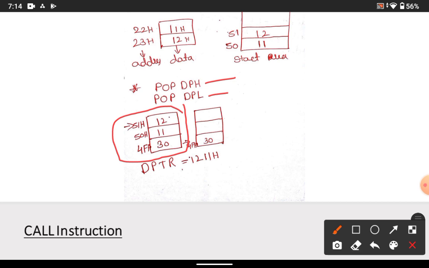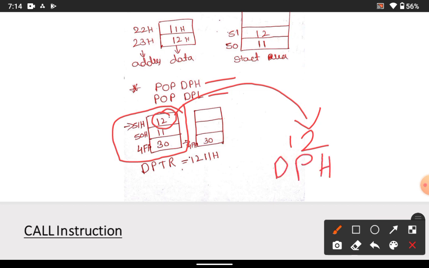So if I use pop DPH, what will happen? The first value will come out to the location DPH, that is the data pointer.